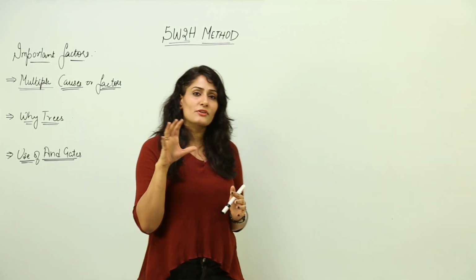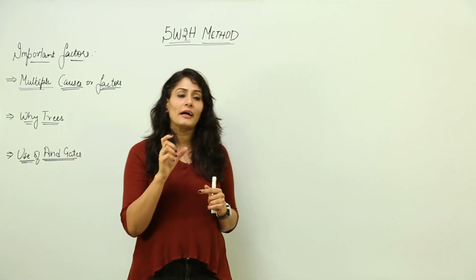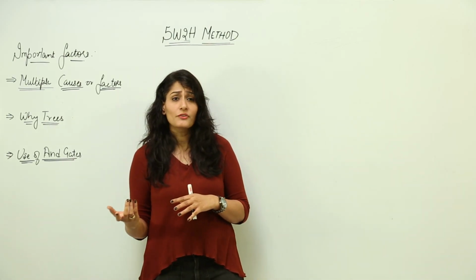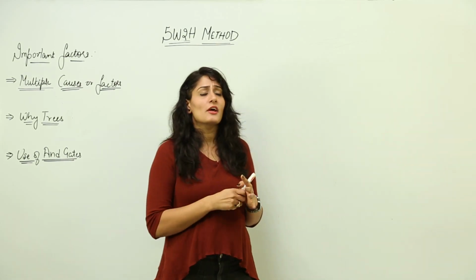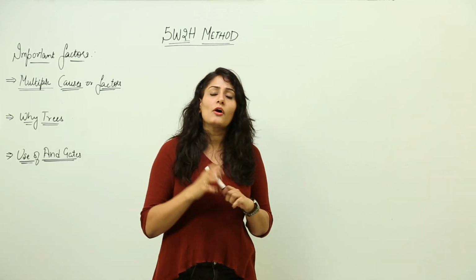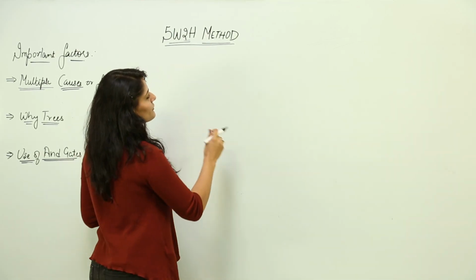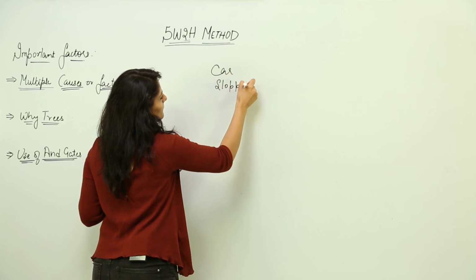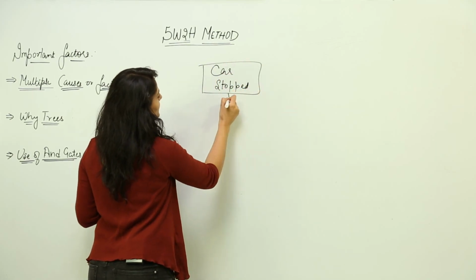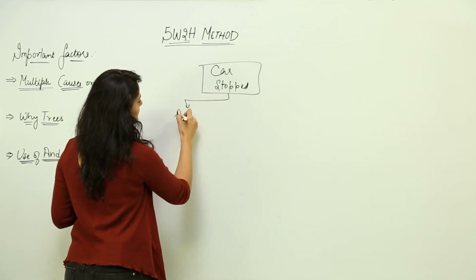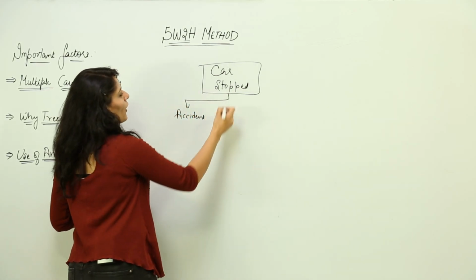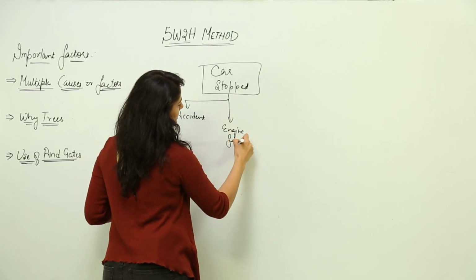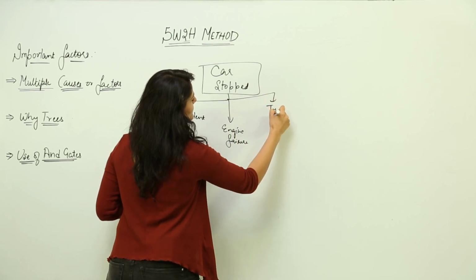So there can be multiple reasons that his car stopped. There can be certain latent causes also, like why didn't he hire a taxi and just go, and those are also things we are going to discuss, but the first thing is that the car stopped. Once you know that your car stopped, that could be due to multiple reasons. It could be due to an accident, or due to engine failure, or due to a tire burst.